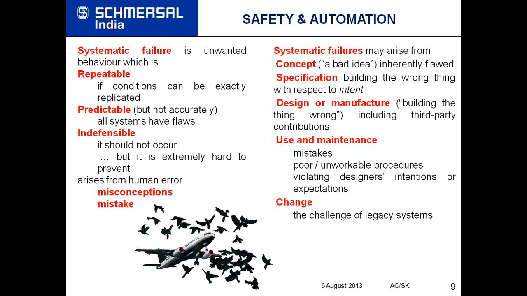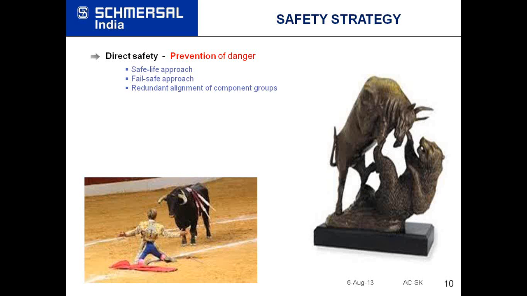So how do we implement? What is the safety strategy? And this safety strategy holds good for any type of process, any type of safety, any type of machine. The first step towards implementing safety on a process or on a machine is direct safety measures. These direct safety measures are something which we do at the design stage to make a process fail safe, to make a process without any hazards or risks.